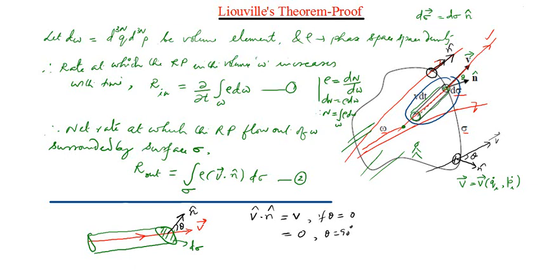So let me do one thing. Let me, for the time being, just make some modifications over here. So this is clear, I think. So just let's take that during a time dt. So how come this particular cylinder? So during a time dt, how much distance the representative point would have moved? So suppose that the representative point was somewhere here initially, and after a time t, the representative point has reached here. So the distance traveled by the representative point during the time t will be, of course, equal to the velocity of the representative point v into what, the time interval dt.